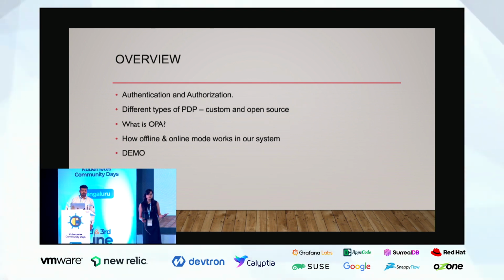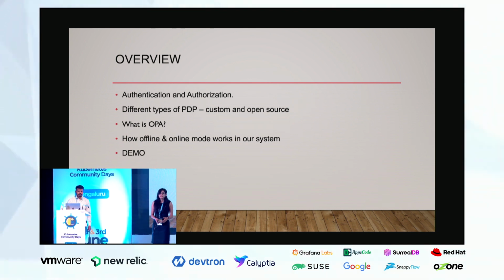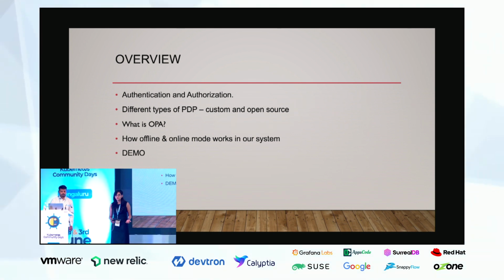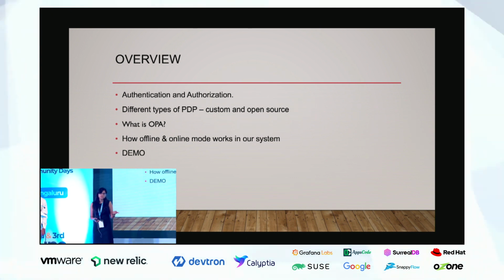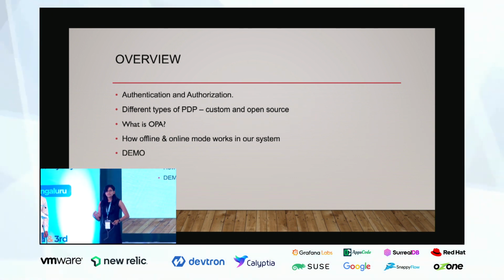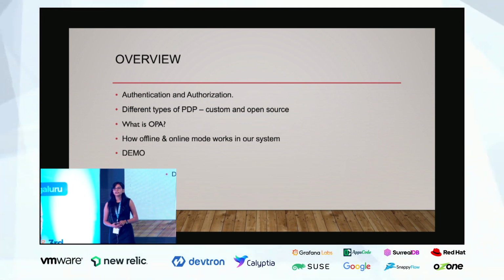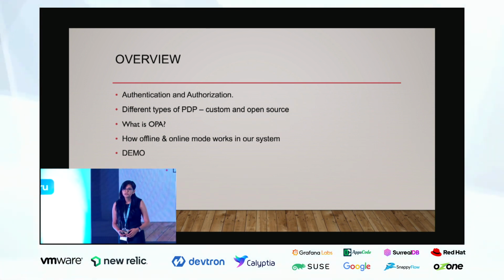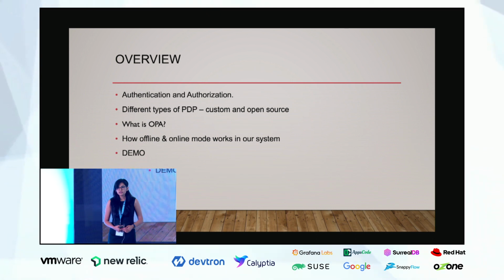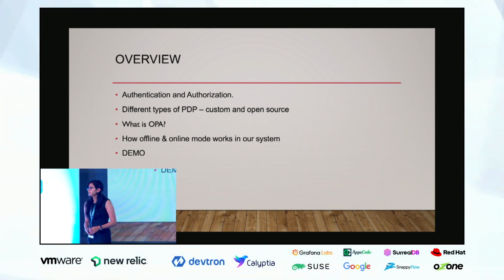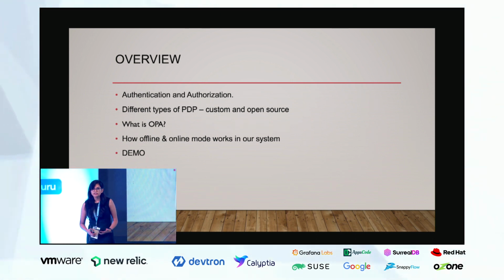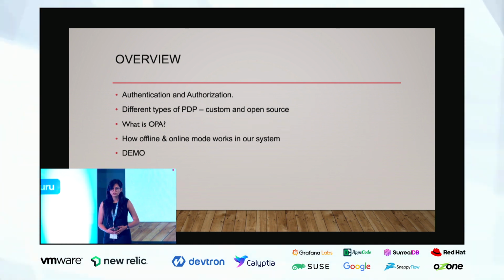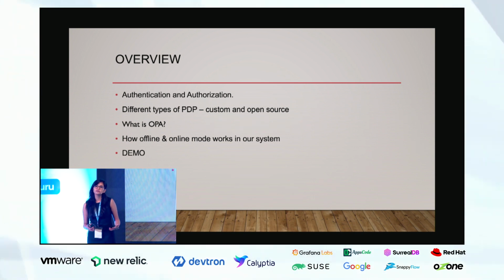Then as we move ahead, just because a user is logged in, he should not have the privilege to do anything in the system. Identifying which privilege a particular user has over which resource is known as authorization. And as organizations are nowadays adopting distributed systems and microservices, it has become really important to have a decentralized and unified solution for authorization, and a policy decision point system which can integrate and work